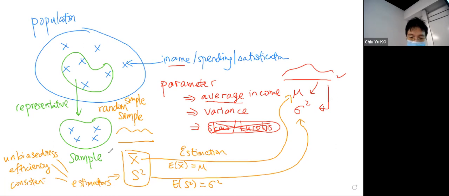Maybe consistency. That is actually a free good property, and we saw that X bar is a good thing, S square is also good, right? And these are called point estimation, because you just use a single point to do the job. Point estimation. Okay. And last time we covered, but didn't go into more detail,